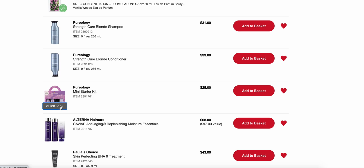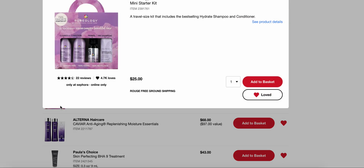Same with this little mini starter kit. I thought it was so perfect because it has my favorite Hydrate shampoo, Hydrate conditioner, the multitasking leave-in corrector thing, blow dry prep, if you will, and then their Refresh and Go dry shampoo. I'm not a dry shampoo girl because I wash my hair every day, but these products are life changing. Really, they are. I will also link just the regular full size of the Hydrate shampoo and conditioner